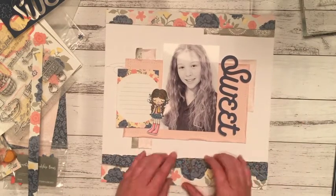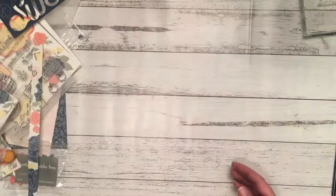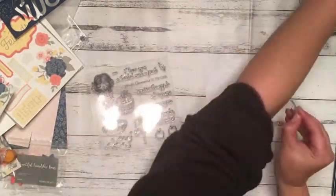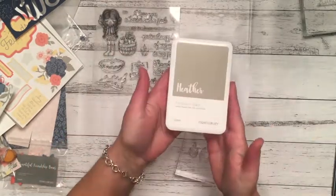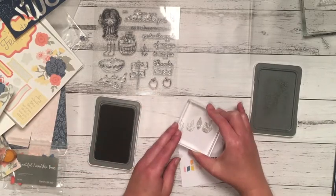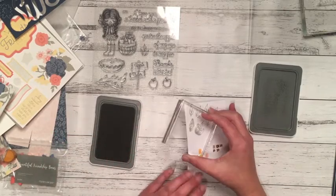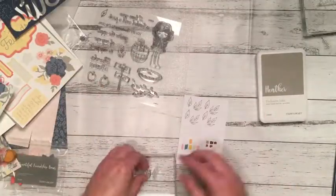So as you can see, I've put my little girl over that side, and she looks so cute. I don't know what I'm doing now. What am I doing? Oh, yes. I'm just going to add some little leaves around the title and stuff like that. So I'm using the heather. I think I'm using heather. I didn't use green because there's no green actually on the layout. And I thought,